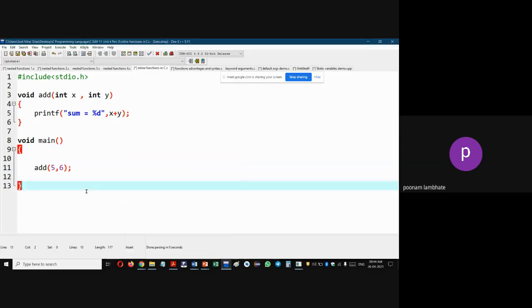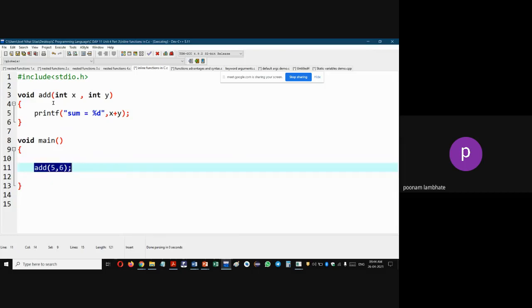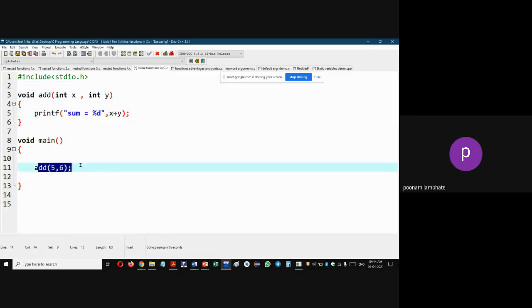So an inline function is nothing but this. Whenever you call your function normally, like add, and pass parameters, and you define it, what will happen, as I've told you all this time, is that control will jump from here to here, execute the statements of the function and jump back to the function call, and then the following statements will get executed. But this involves a lot of